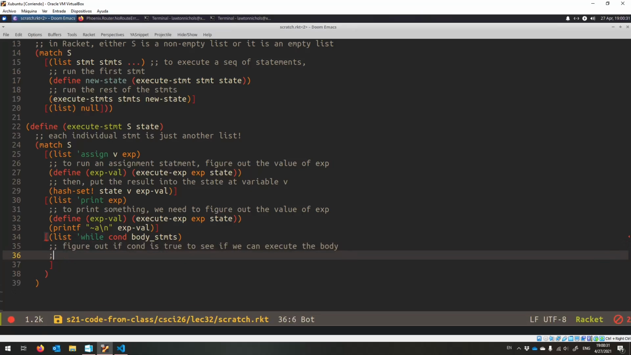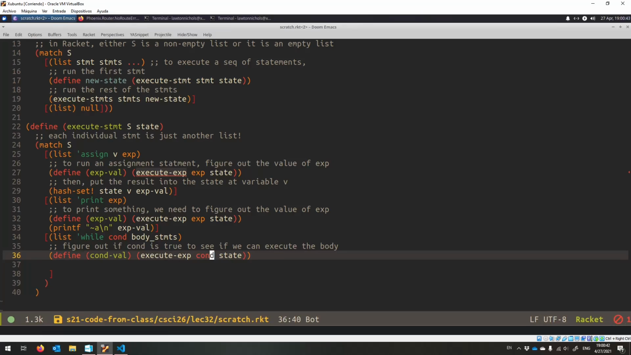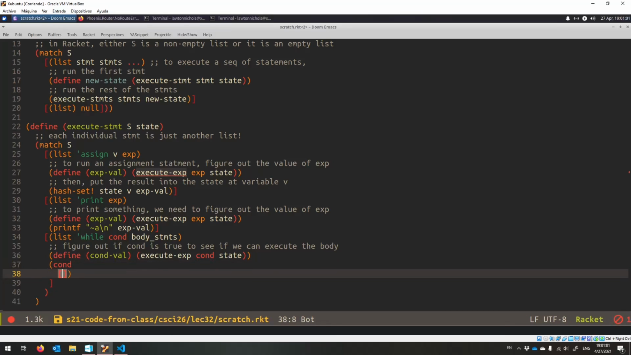All right, so the first thing we need to do again is get the value of that condition. And so it's, I guess we can call it cond val. Execute cond in our current state. And okay, if it was true, we'll do one thing. Otherwise, we'll do a different thing. Okay, so I guess we can probably use Racket's if, actually. No, we can use Racket's cond. Cond, so either cond val was true,